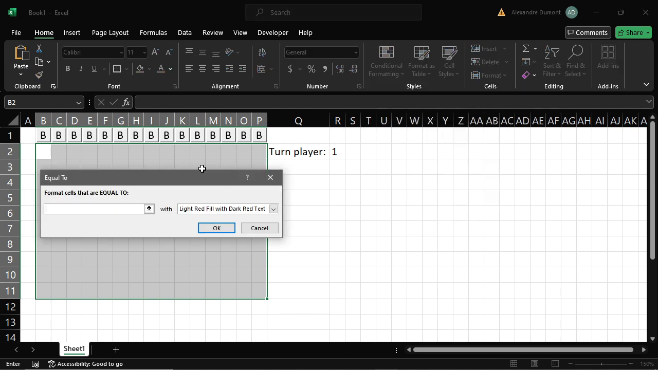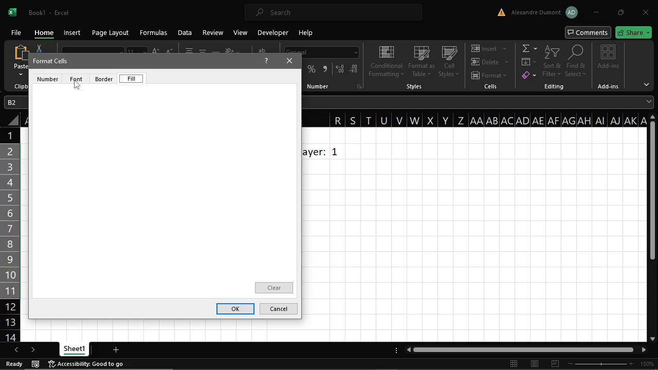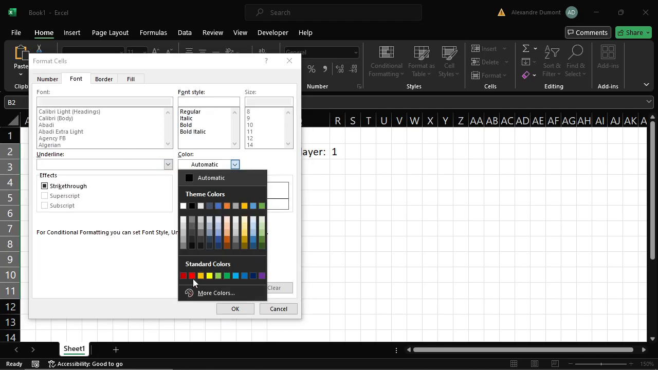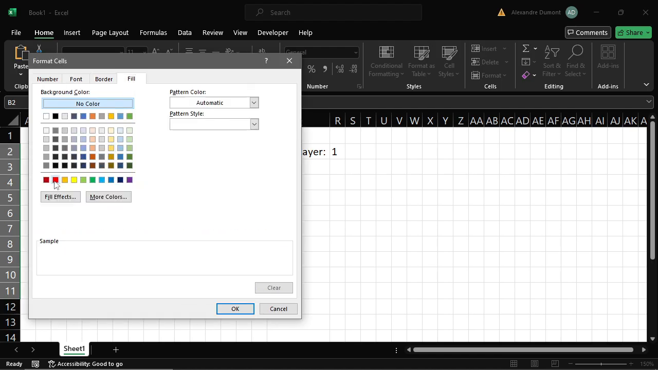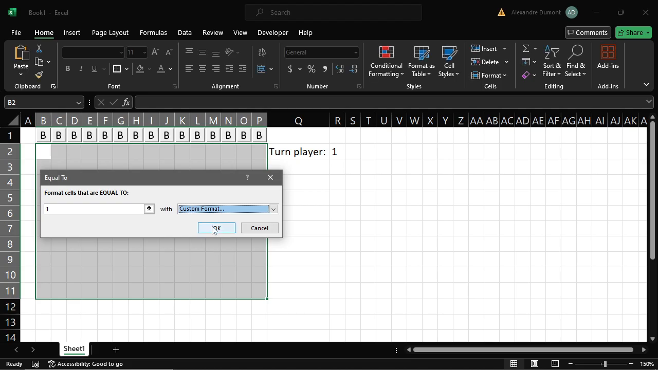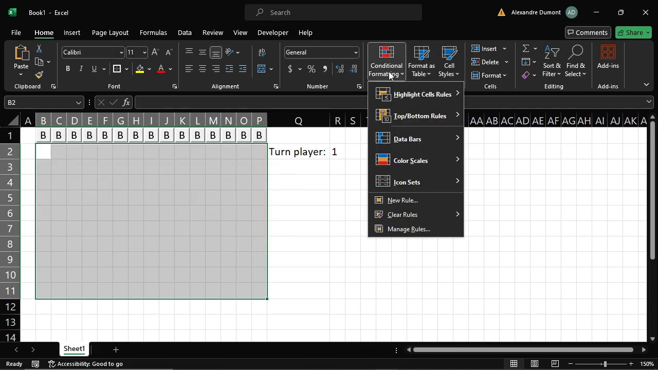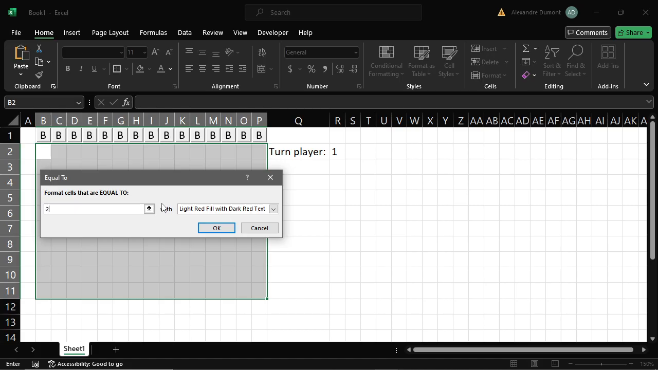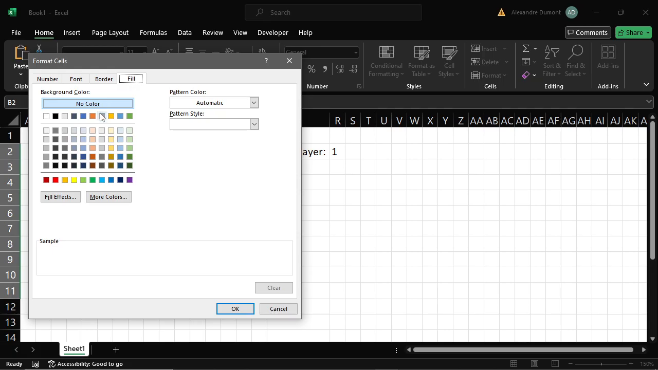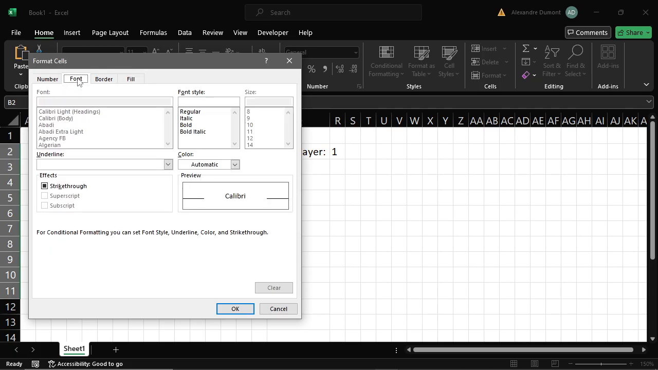We're going to set 2 rules. In this area, we're going to format cells that are equal to 1 with a custom format. We're going to make the text pure red and the fill pure red as well. That way the cell is just going to turn red. And similarly, we're going to highlight cells that are equal to 2. We're going to make them use blue fill,